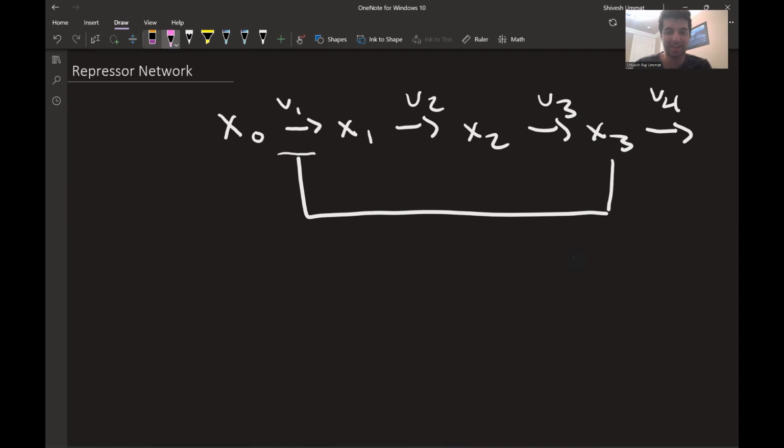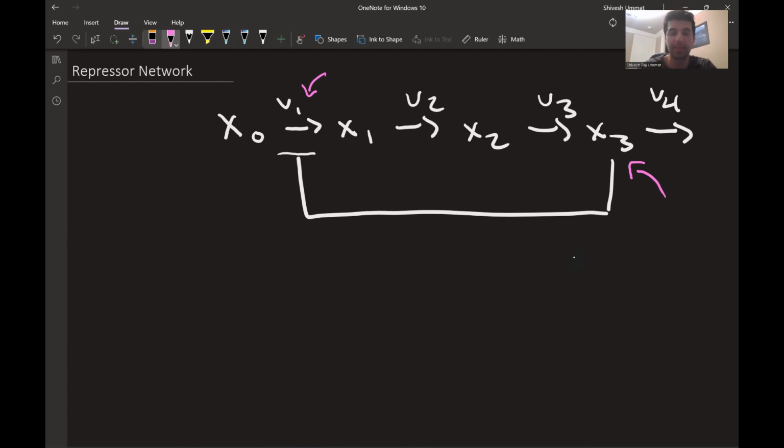Okay, so we're going to get started by looking at this repressor network. This can be generalized, but we'll imagine that it's a gene network. We'll start here with our transcription, and once we produce RNA and protein, we might have a cascade of reactions such as phosphorylation, and we're going to detect that we have a high concentration of a later reactant. And this is actually going to start repressing our initial transcription V1 so that it reduces the rate of this